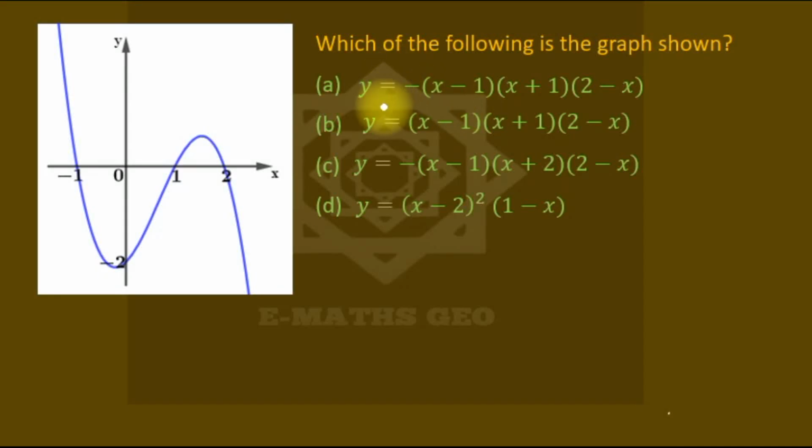Ask which of the following is the graph shown. So as you can see, that is a polynomial function because it's smooth and continuous. It's a polynomial graph. And if you have a polynomial f(x) equal to, if you factor it, (x plus k1) raised to power m1,